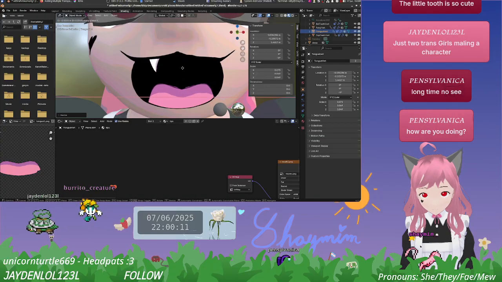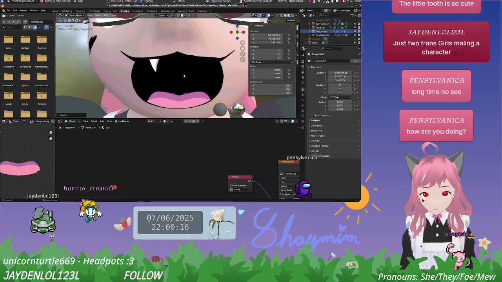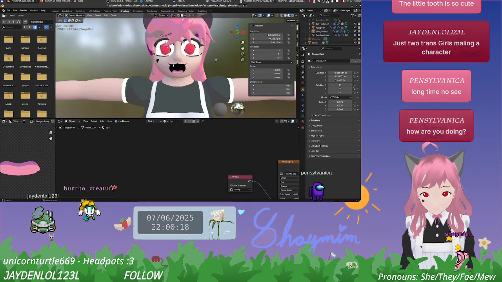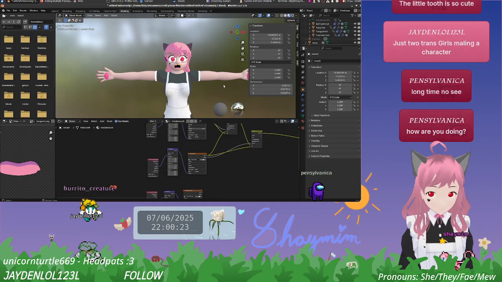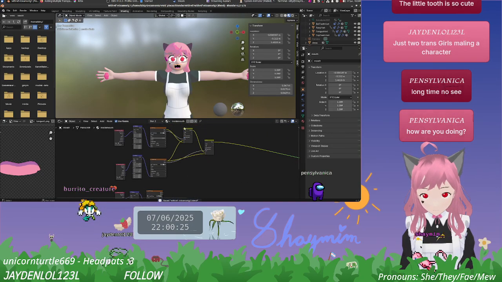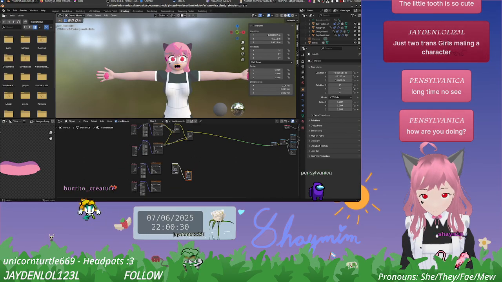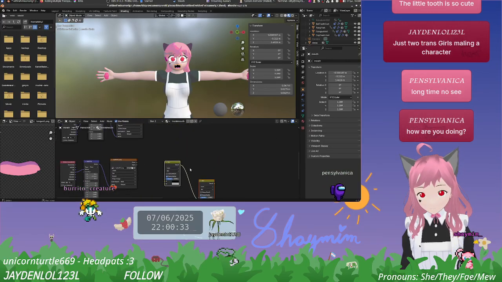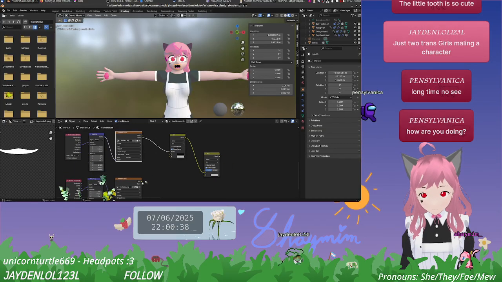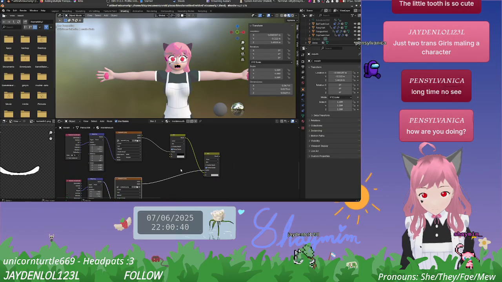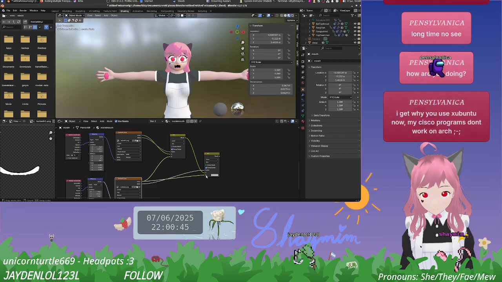Okay. Then this could be it. Right? We just have to find out. So the alpha goes in the factor on both of these. Then color 1, color 2, color 2.